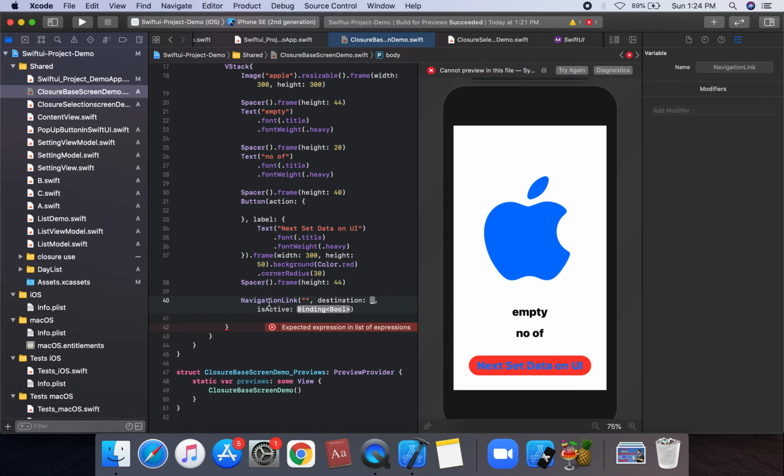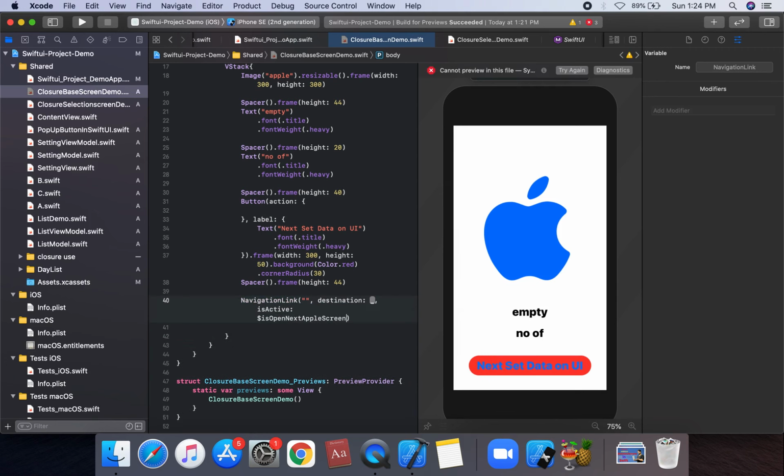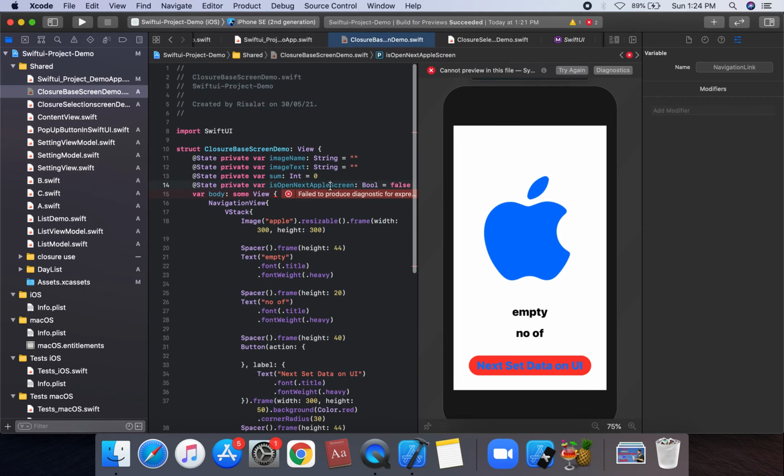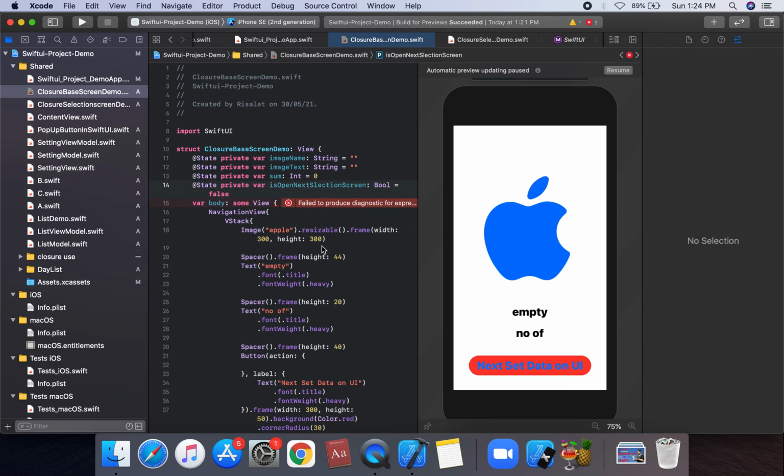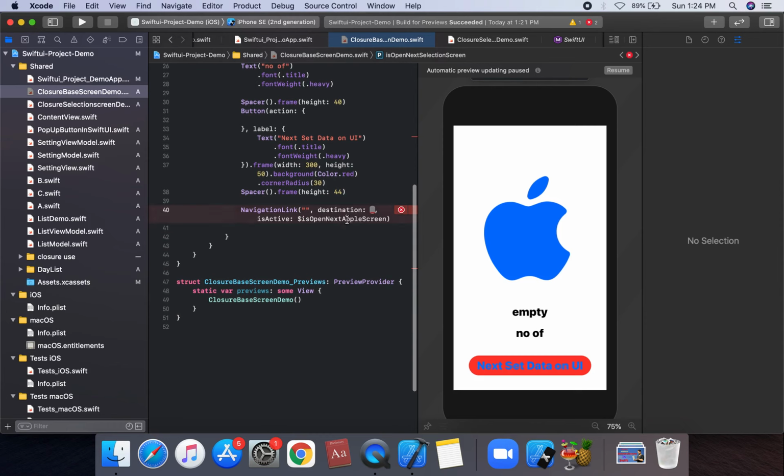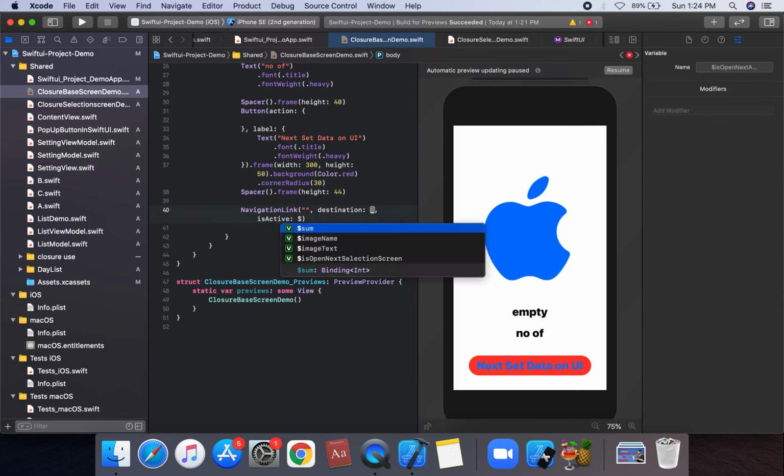So this title is removed and the destination is, so binding is dollar open next Apple screen, open next selection screen, which has the name selection screen, and binding on dollar selection screen.